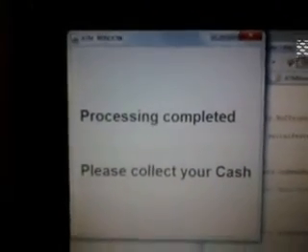Now when the ATM machine shows the desired bank that the user has chosen, the Andhra Bank account number and all such details are already preloaded. The user need not enter any such details. He just needs to press the submit button, and that's it. Process completed. Please collect your cash. That's the status he will be getting.